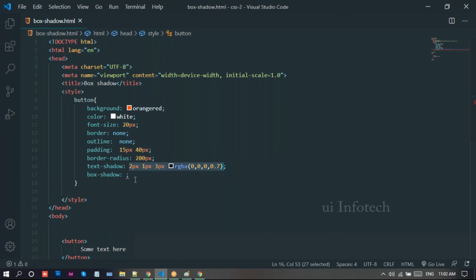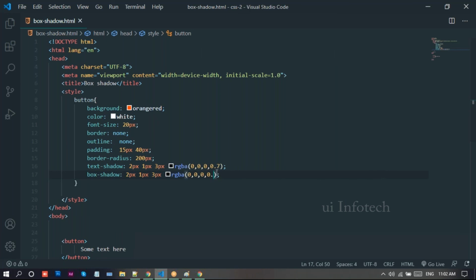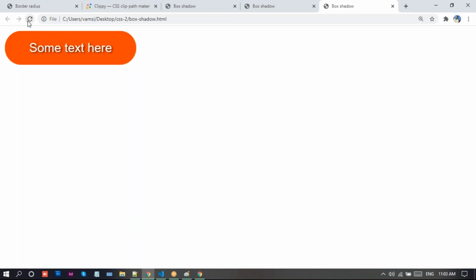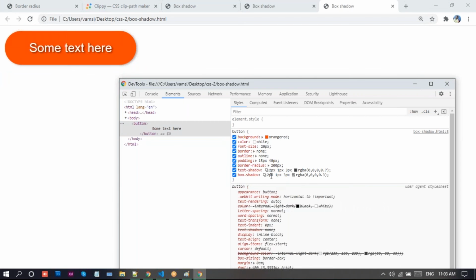Now I'll do one thing. I'll just copy this here, paste it inside of this one, and I'll just change this 7 to 3 there. Now reload this page. Yeah, we just apply this shadow here. If you want to really increase this shadow, just increase this one.